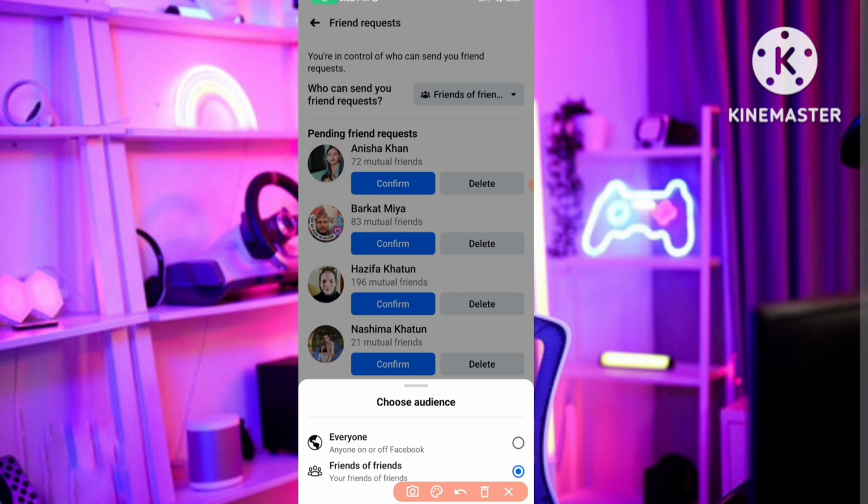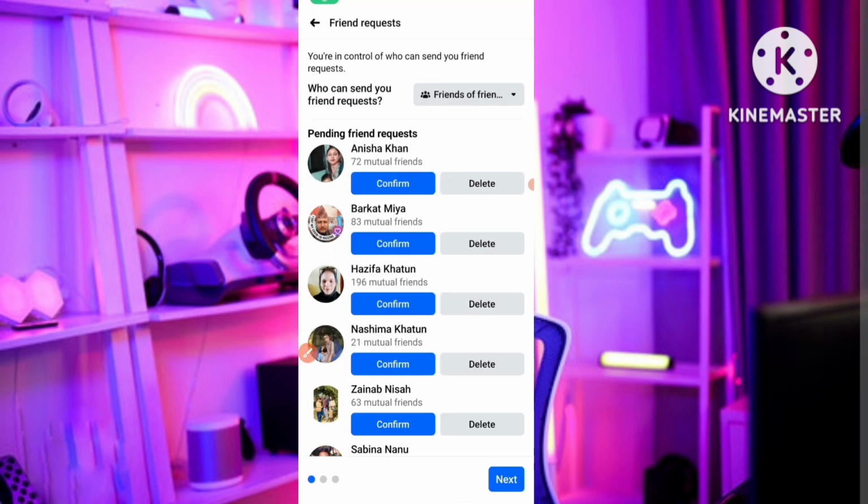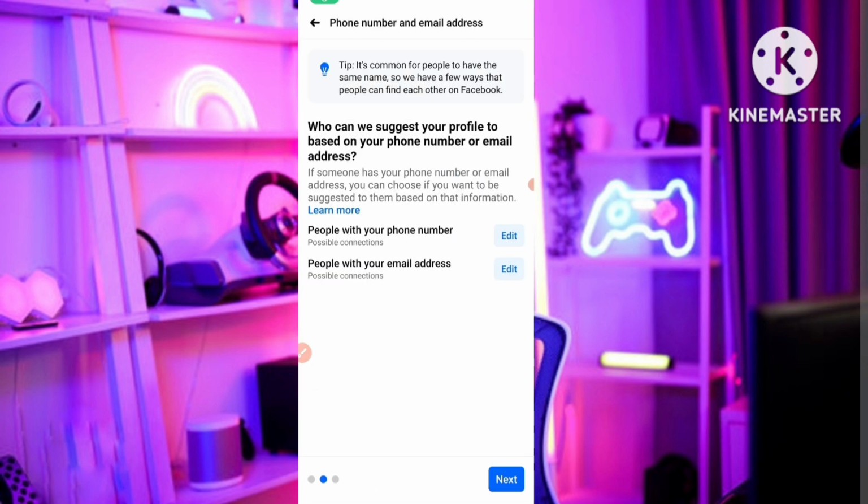Here there is no only me option, so that's why I am selecting this second option, friends of friends. So any friends on Facebook of my friends, they can send me a friend request. So if there is no only me option, you can select friends of friends also. So this is already friends of friends, and I click on this next button, and now you can see the